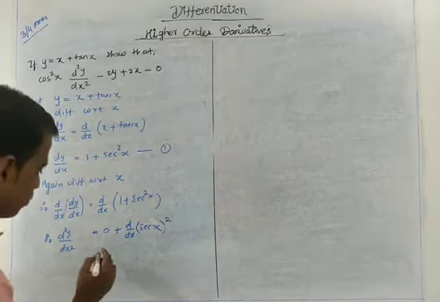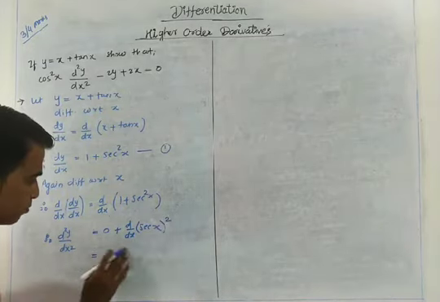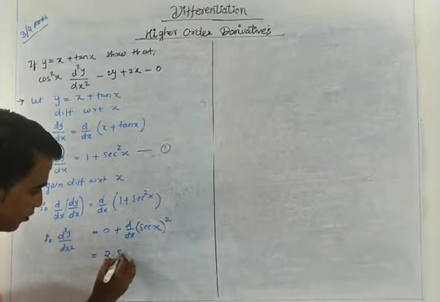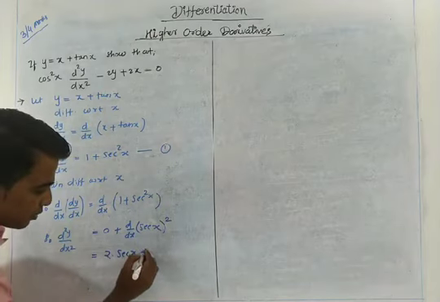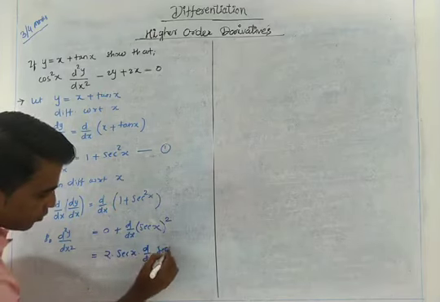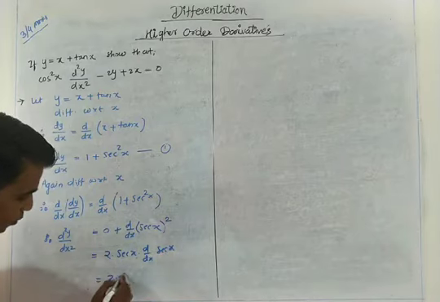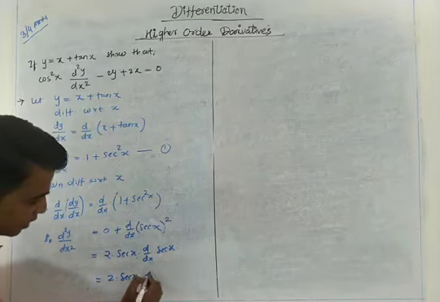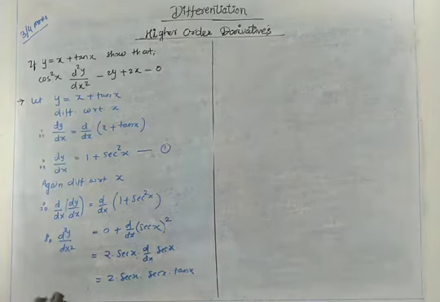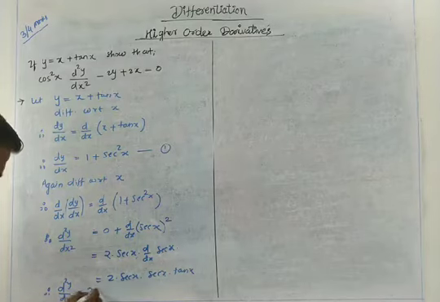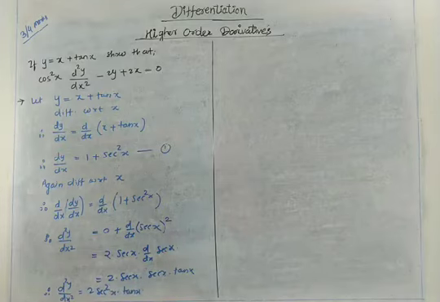So derivative of sec square x is what? We are going to find derivative of power 2 first. So we will get 2 into sec x, that is x square rule, 2x. For sec x assume a letter x, so derivative of sec x we have to multiply. So 2 into sec x and derivative of sec x is sec x into tan x. So therefore, d square y upon dx square is equal to 2 sec square x into tan x. Okay.